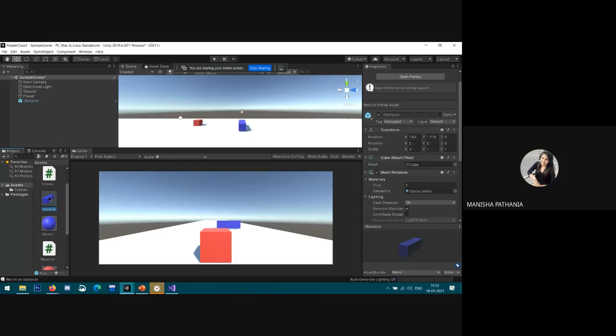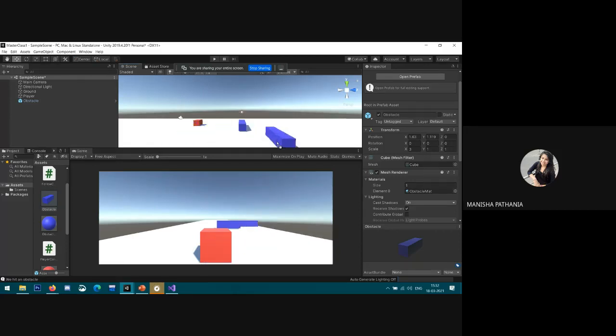In our case we want a lot of different obstacles in our scene. So what we can do now is take the prefab from the project window and drag it to the scene. See, I'm dragging it into my scene.